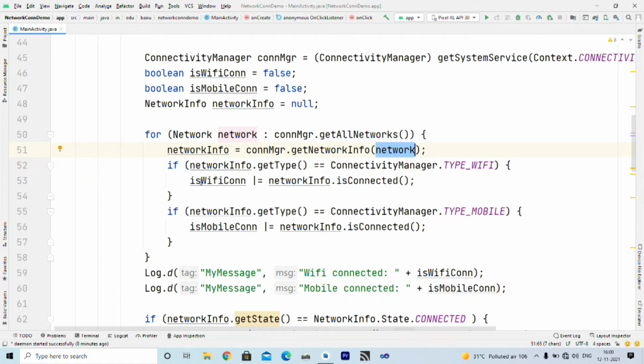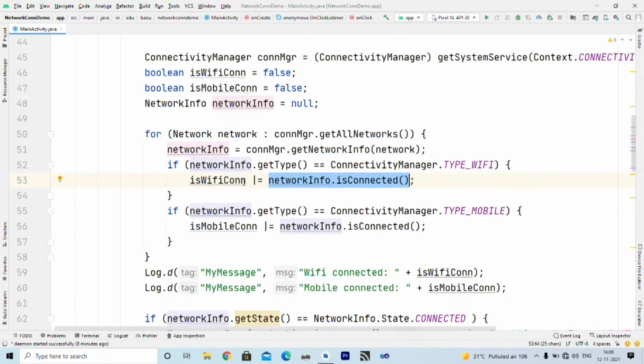So I have written is Wi-Fi connection equal to network info dot is connected. It means if it is connected with Wi-Fi, then it returns true. So is Wi-Fi connection becomes true. If it is false, then it is initialized to false.